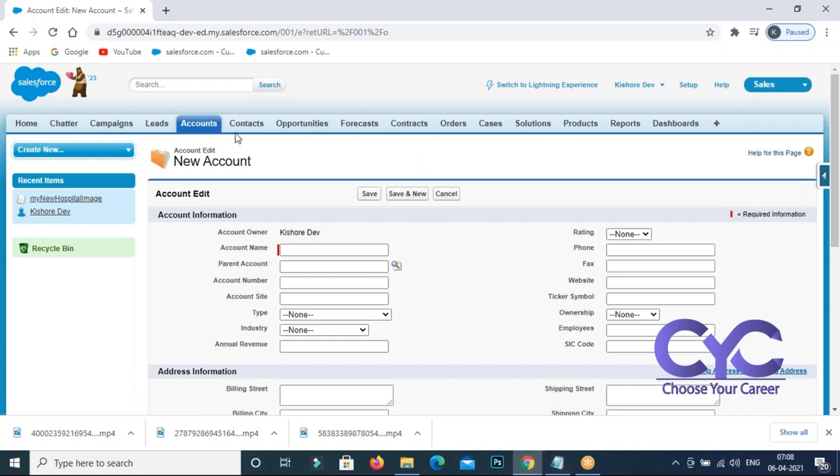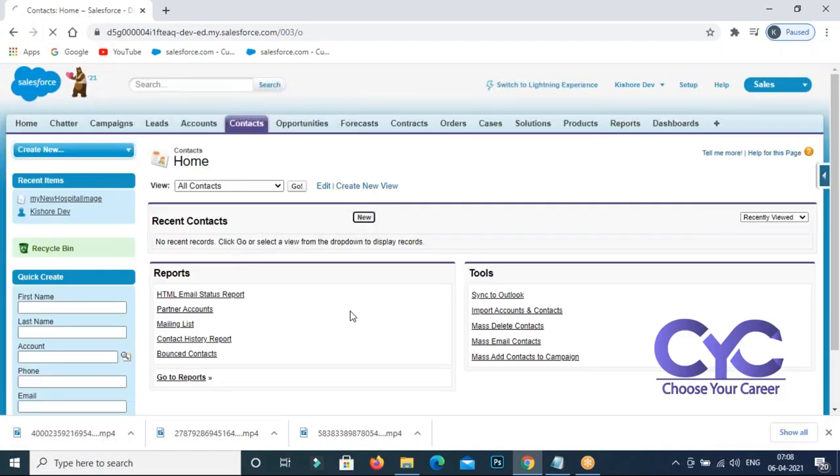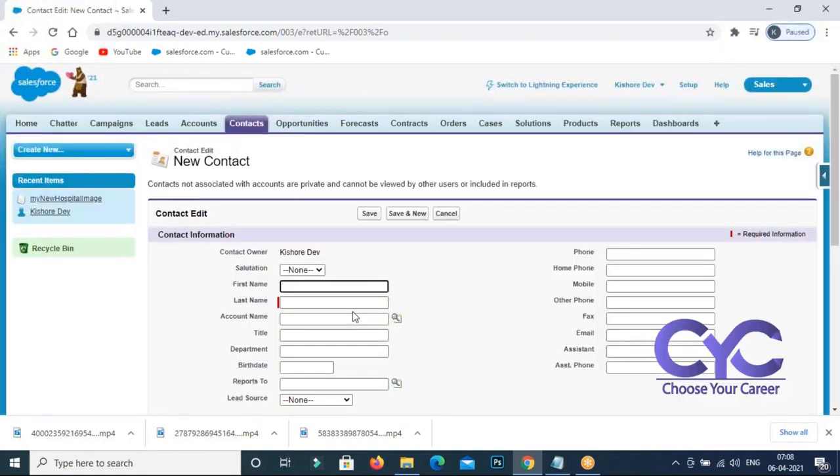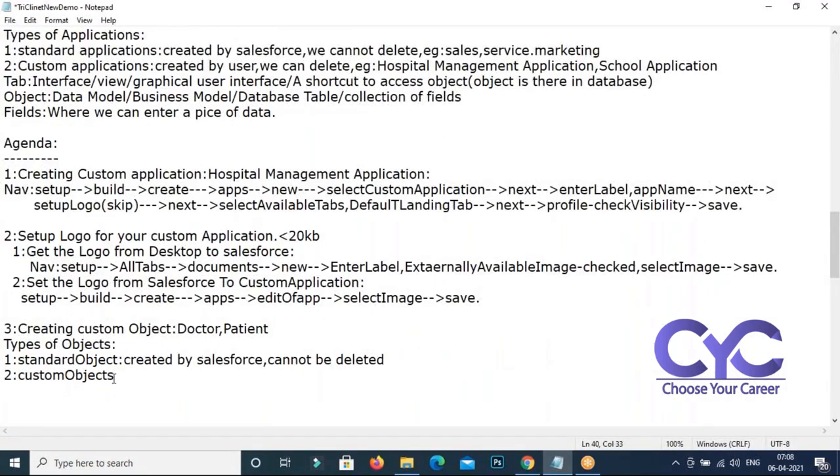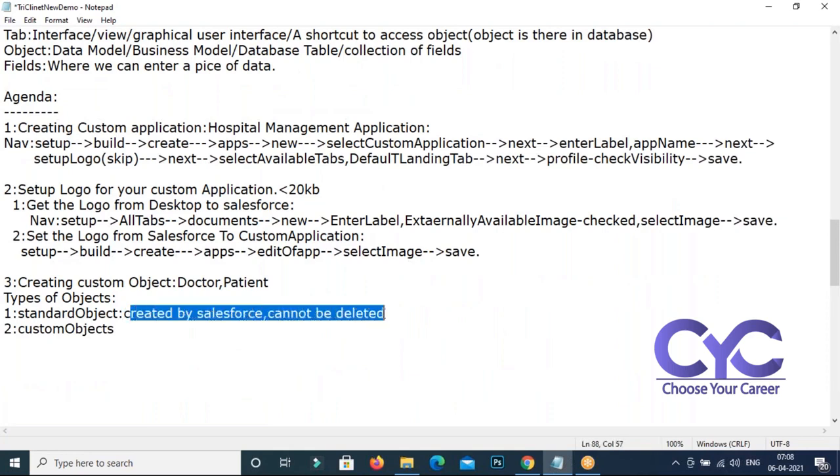Okay. And for these objects, a tab is set up. This is the tab. What you are going to see on the interface is nothing but the tab. Whenever you click on this tab, you are going to access the object. Yesterday I showed it diagrammatically, right? Did you understand yesterday's diagram or not? Yes, that's the thing. So the objects we are going to see here are standard objects. They cannot be deleted, but can be customized.